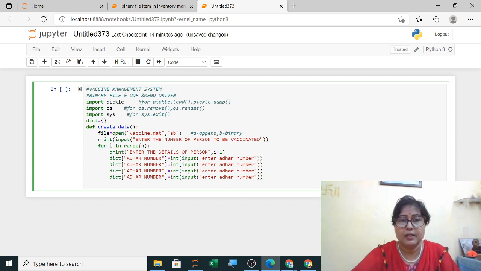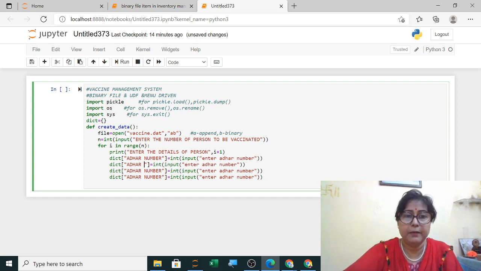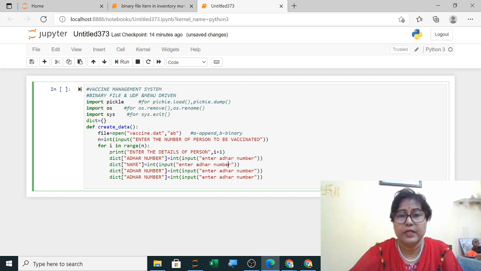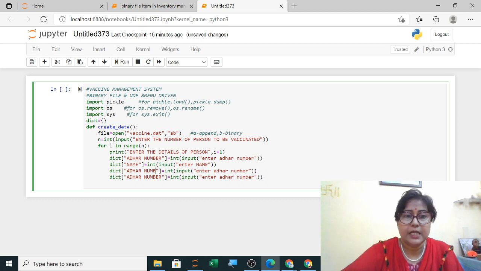First is Aadhaar number, second will be your name. Now the heading, if I want to give in capital, enter your name, enter the name. Then age is being asked, so enter the age.